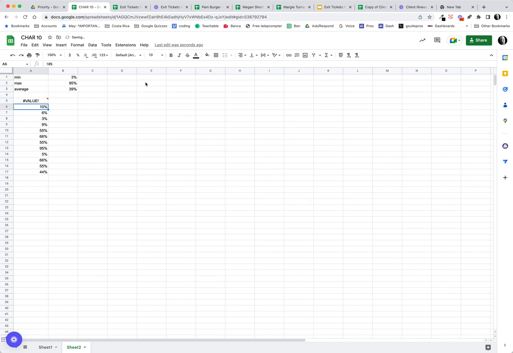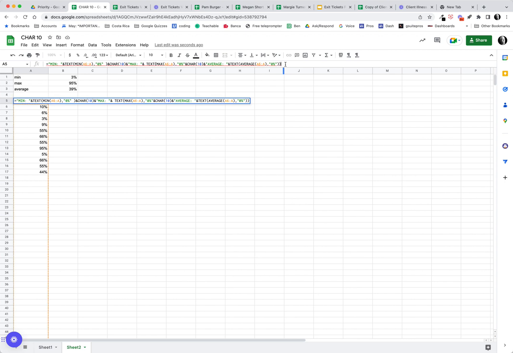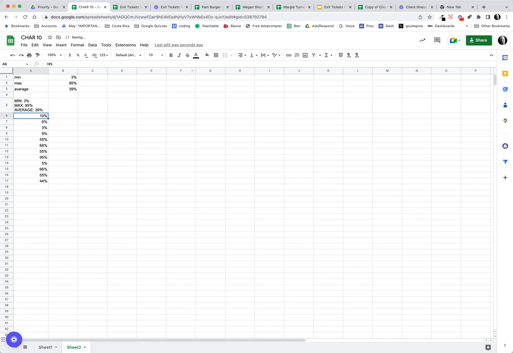And again, I must have missed something. What did we miss? So we've got our text and then our text average, and we seem to have an extra parentheses, which means we must be missing a parentheses here. How about that? There we go. So now in a single formula, and I'll go ahead and center and bold this, we have min 3%, max